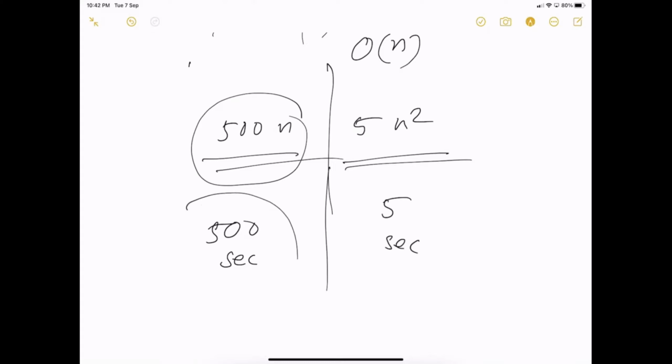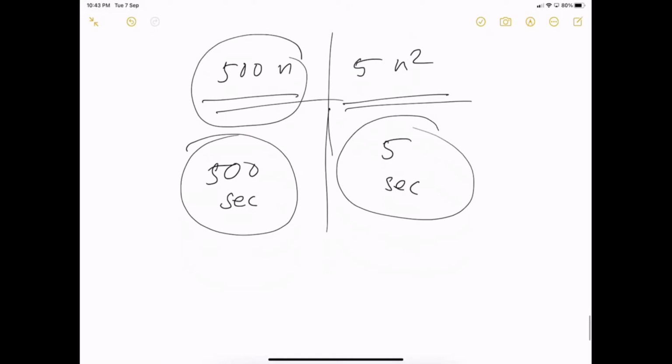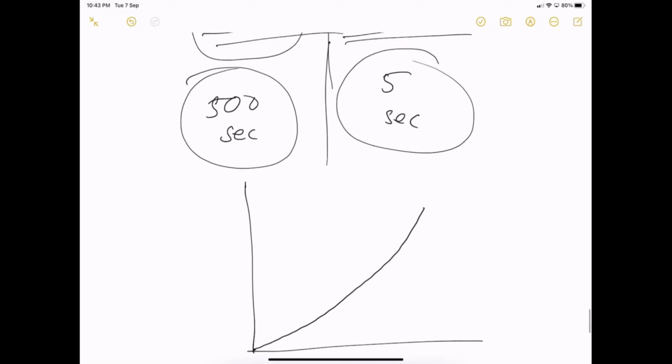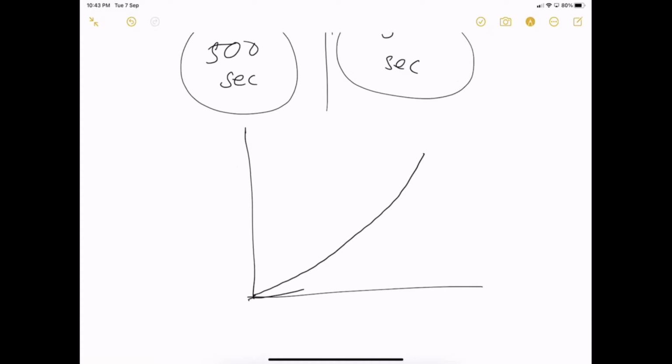Okay, so all of you told me that 500n is better than 5n square. Why? Because for smaller values, you may get a feeling that this is better than the other. But if you plot these in a graph, this 500n might go like this, and the other one, 5n square, may start low, but after some time it will go up exponentially.